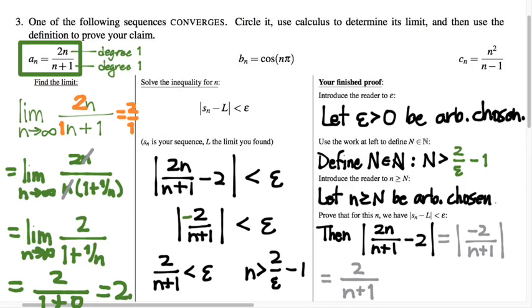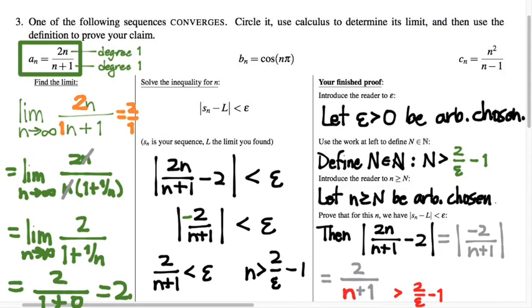And so now is when the magic happens. Now is when we remember that we know something about little n. We know in particular that it's greater than or equal to capital N, and that capital N is a natural number that's greater than 2 over epsilon minus 1. And so here is where we have the opportunity to now say, because n is, I'm going to kind of write it this way, because n is greater than 2 over epsilon minus 1,